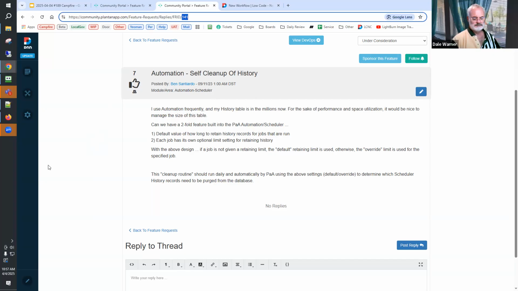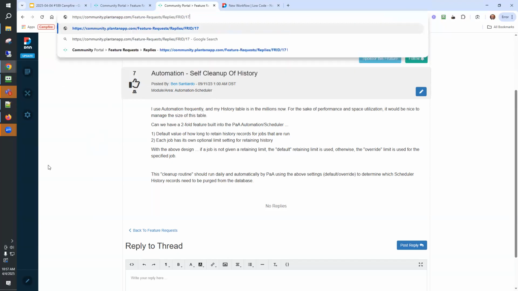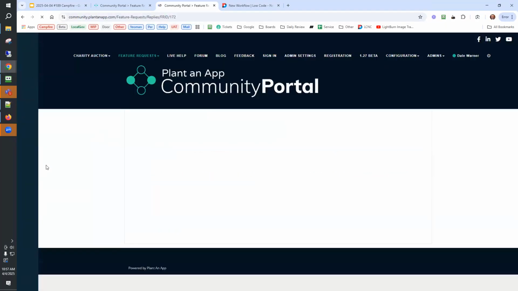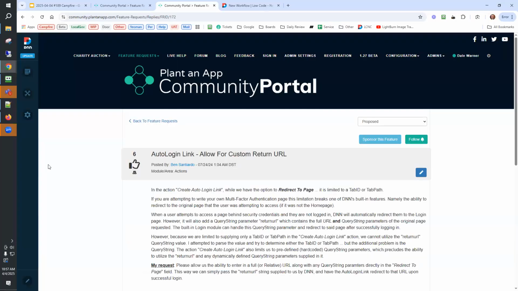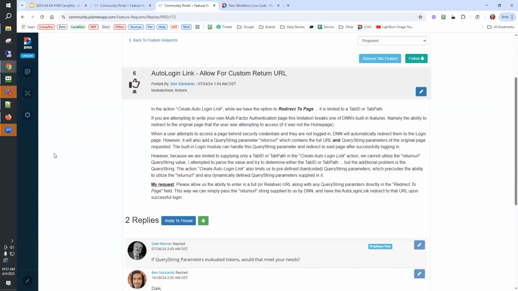All right, what else? 172. This is a me thing. I don't know if anyone else has ever hit this issue, but when creating that auto login link, we don't really have good control on where the user is sent to after login.